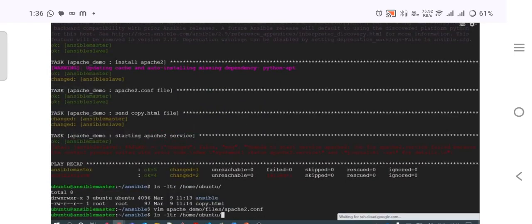J is equals to 1. Now we have port available on this target machine. We have changed something in apache2.conf. So let's try to run the Apache master playbook once again. Before doing some more of that,